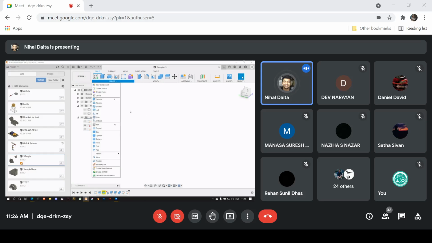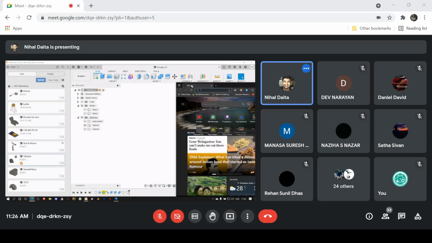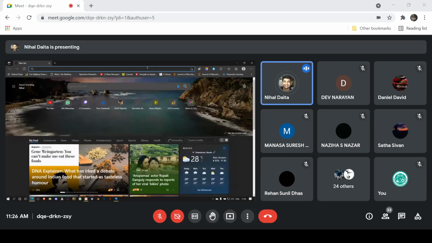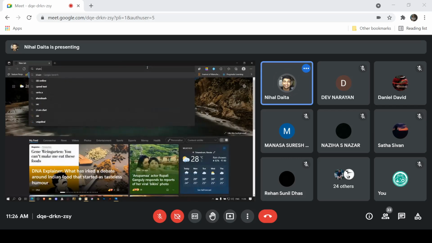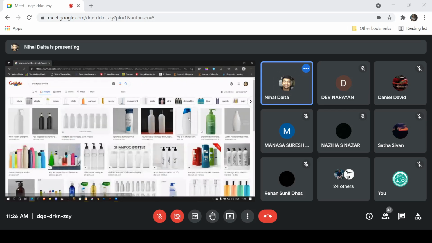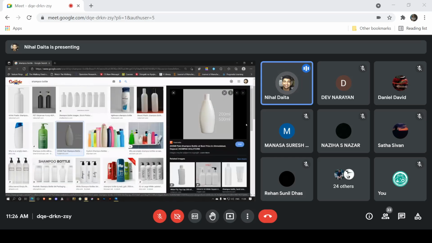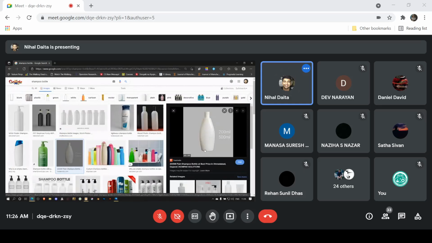Okay, so let's say I'll tell you about loft first. So I guess a shampoo bottle would be the best example. I guess this might be a bit too complicated for me to make. Let's just take this shampoo bottle. As you can see here,